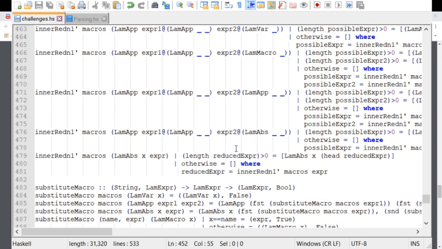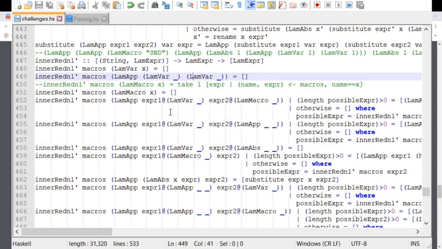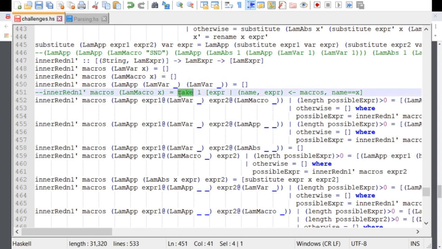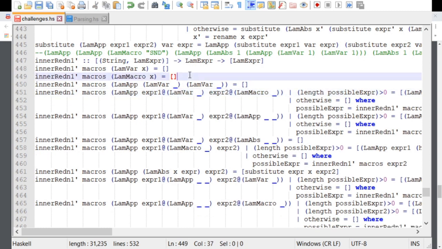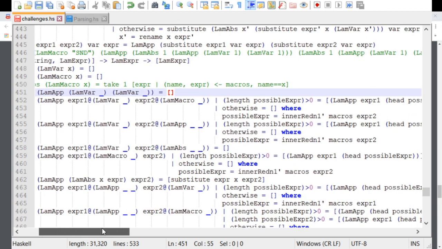No. What if you're just applying two lamvars to each other? Oh, it's up here. Why is it up there? Surely this should be here then. And I guess I might as well take this and put it with it. We've got lamvar lamvar, which is returning empty. The point is, if you've got a lamvar at the start,